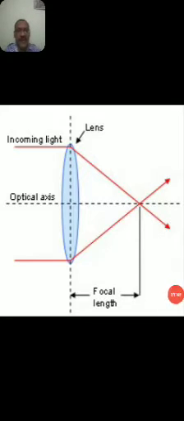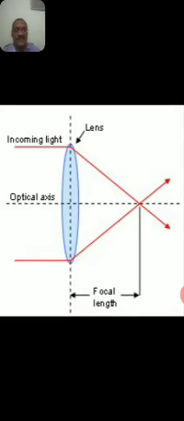If you look at the diagram again, the red color line is the incoming light falling on the lens, and the horizontal dotted black line is called the optical axis. The red color line falls on the lens from the left side, converges on the optical axis, and meets the optical axis on the right side of the lens, as shown in the figure. Therefore, the distance between the vertical dotted black line and the red color intersection point is called the focal length